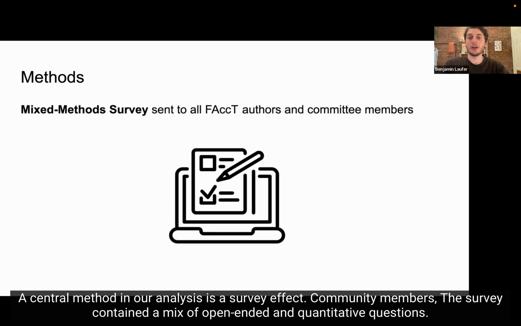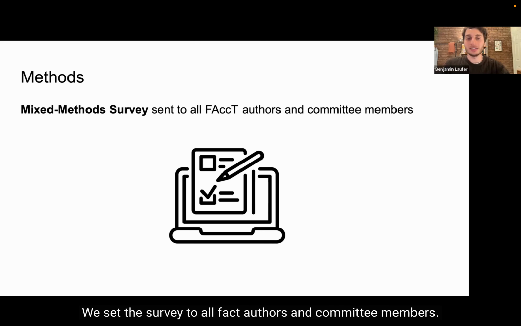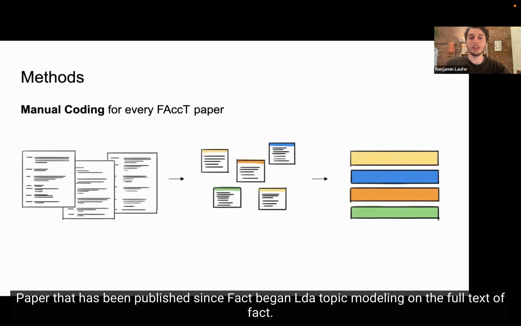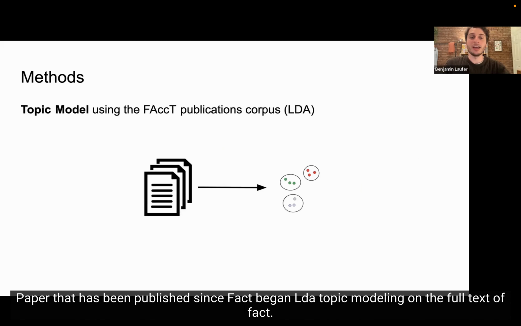A central method in our analysis is a survey of FACT community members. The survey contained a mix of open-ended and quantitative questions. We sent the survey to all FACT authors and committee members, so I apologize for the spam, and we got 60 responses. Our other methods included manual coding of every FACT paper that has been published since FACT began,